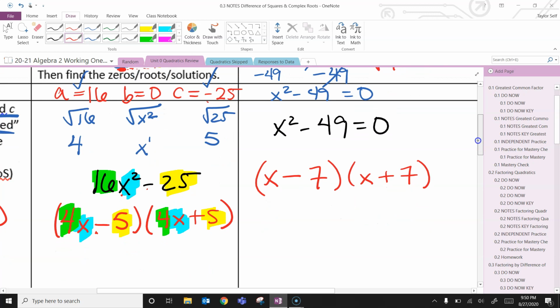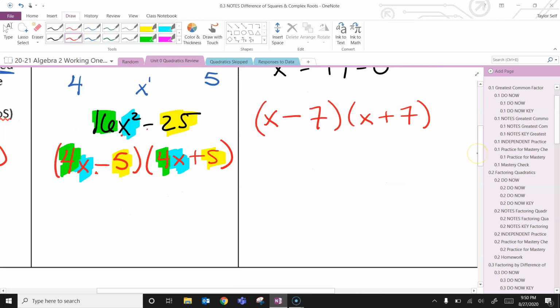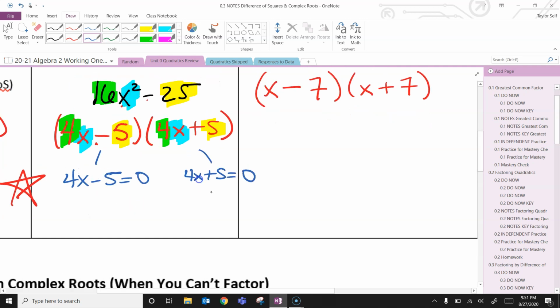Okay. Now let's go back to this problem, the example problem. I want you to tell me what are the roots, the zeros, the solutions to this example problem. Go. Okay, you could either use the trick, which I'm going to show you in a second, or you set this factor equal to 0, and you set this factor equal to 0, and you solve for x. But the trick tells us that we can flip the sign, so we're going to say x equals positive,